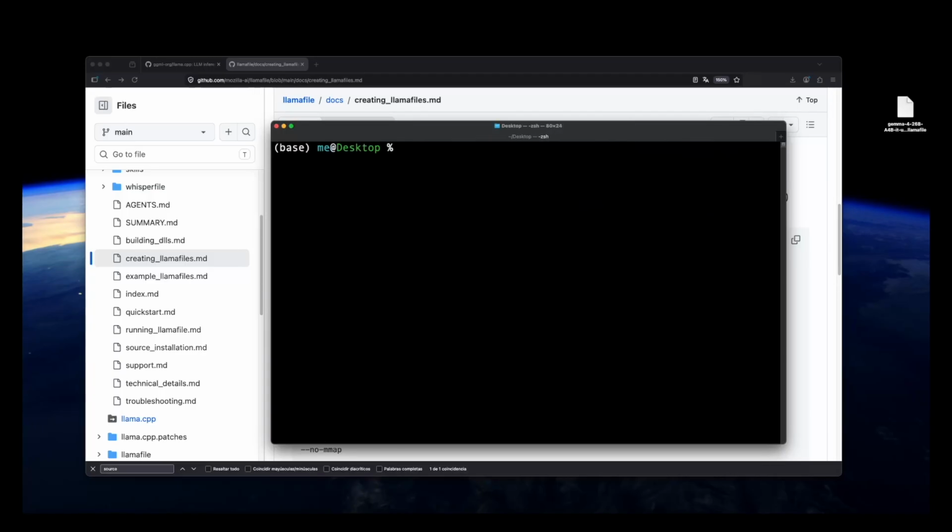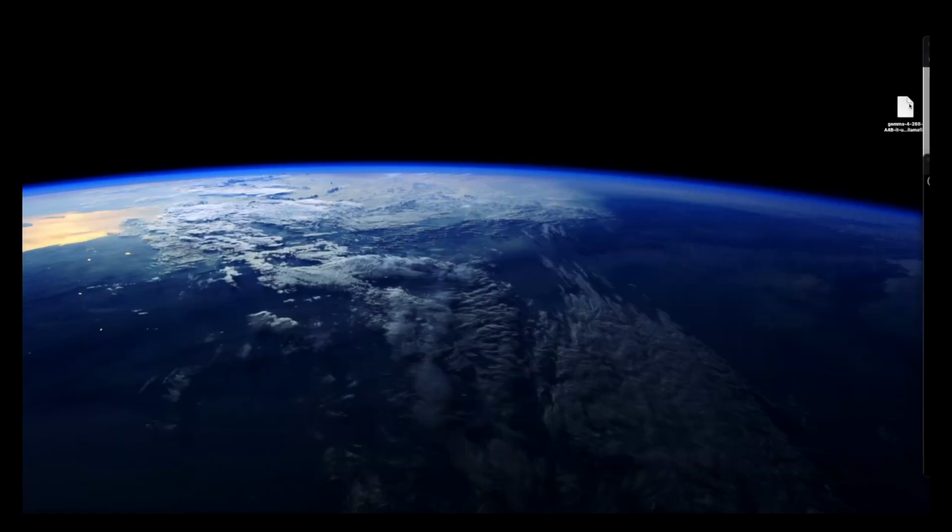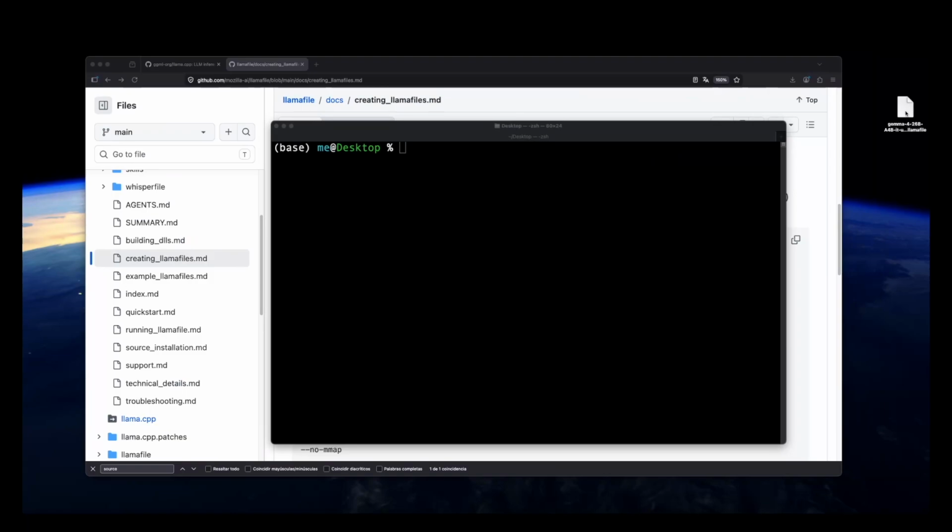As you can see, I have the model as an executable file, as a program that can run in Windows, MacOS, and Linux. So if you want to execute this in Windows, for instance, you will rename this to .exe, and then you could just run it as it is. You don't have to install anything, so you can send this file to a friend and he can run it